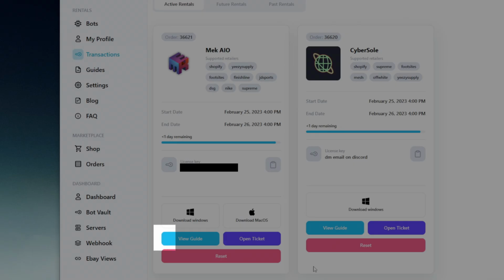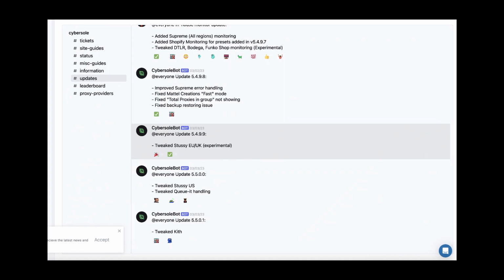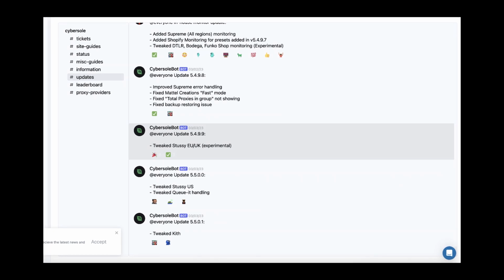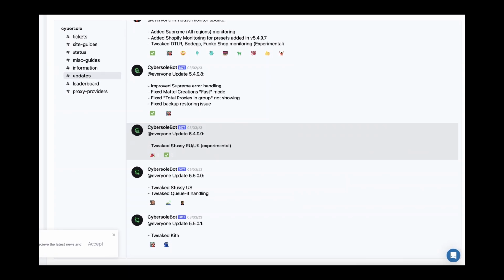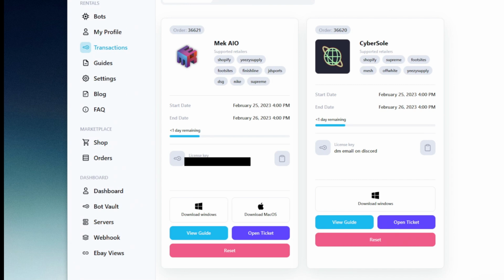All of the guides provided by Tidal are fully up to date, and in fact, these guides instantly update as information is posted on each respective bot's Discord. If you want to transfer this bot on a different machine, then you need to request for a reset. To do that, click Reset and it will say Notification Sent, which notifies the owner of the bot to reset